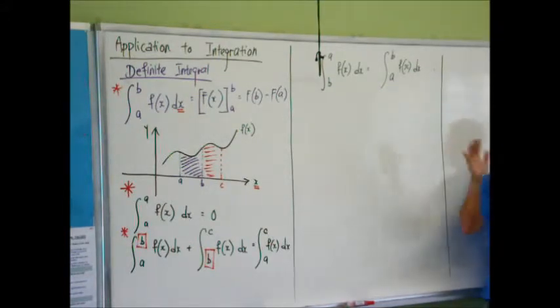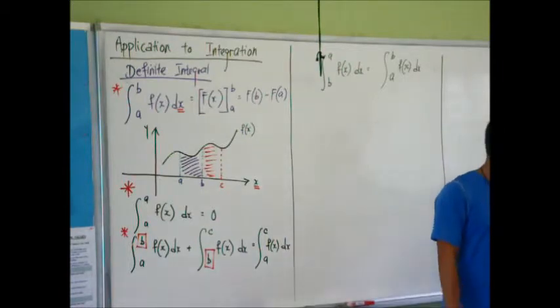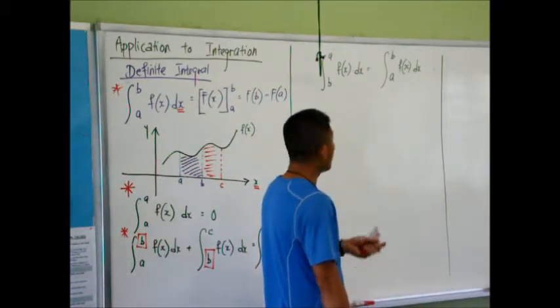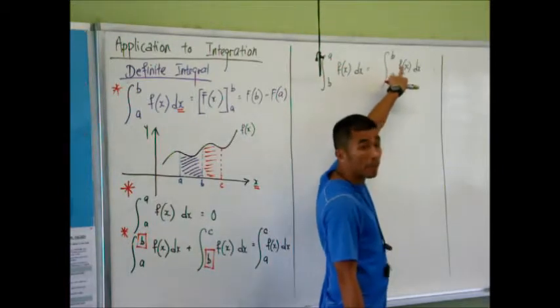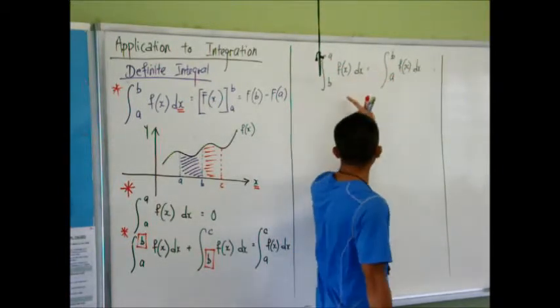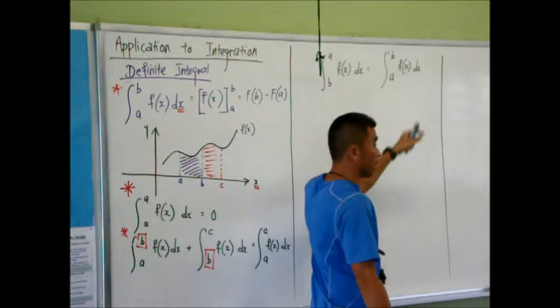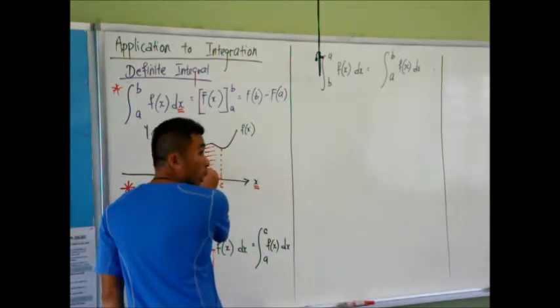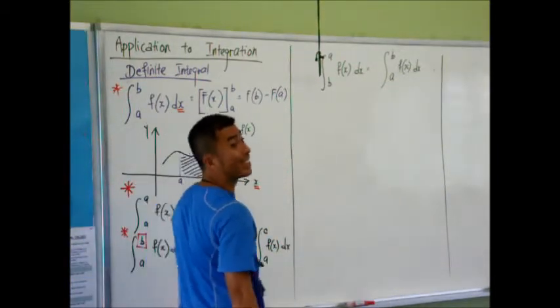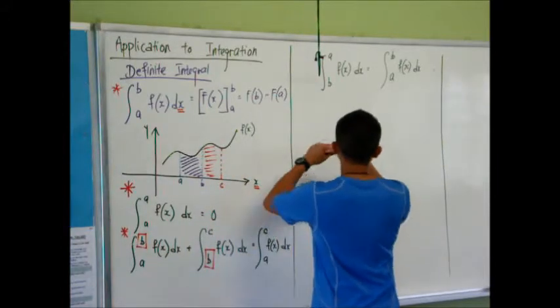Kimberly, why not? Okay, because the lower and upper limit is different. One was from A to B. From A to B is this way, but from B to A is the other way. This is as good as telling me